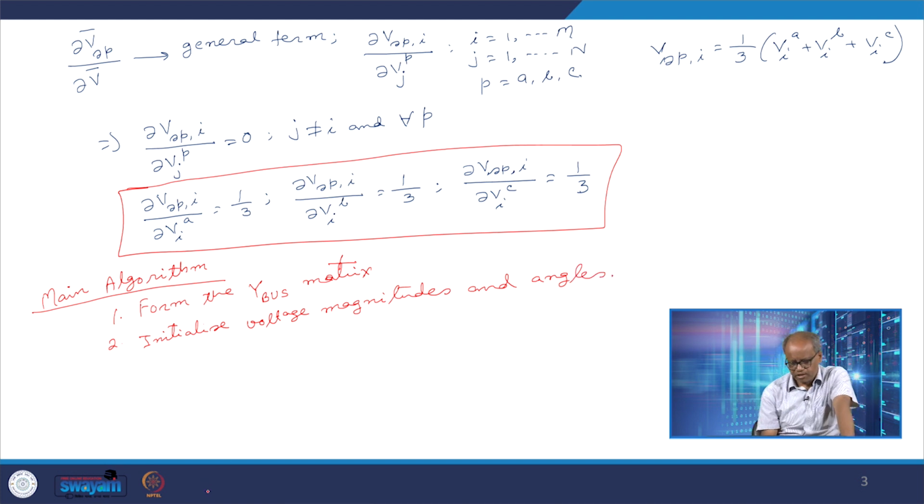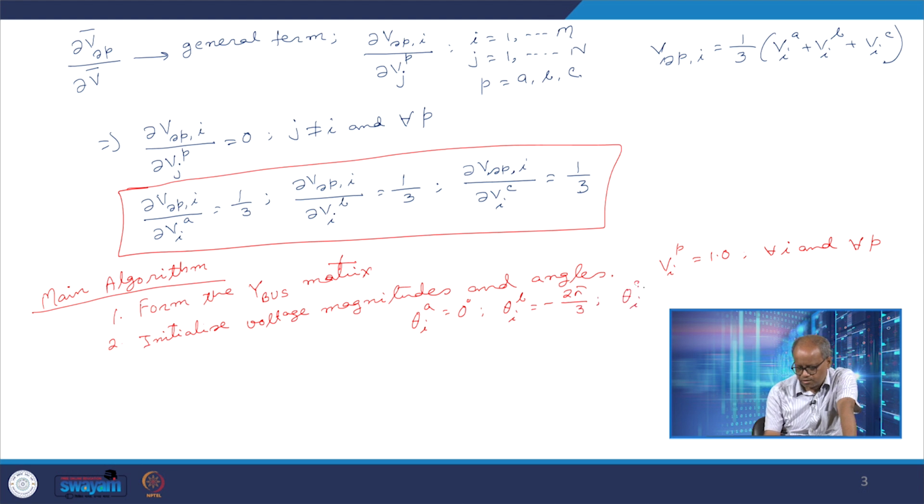Now because it is a three phase case, all voltage magnitudes VIP are 1 and angle 0, for all I and all P. So for all buses and all phases, the voltage magnitude is 1 and angle 0, and for theta IA we will take theta IA equal to 0, theta IB we will take minus 2 pi by 3, and theta IC equal to 2 pi by 3. So these are the initial conditions,